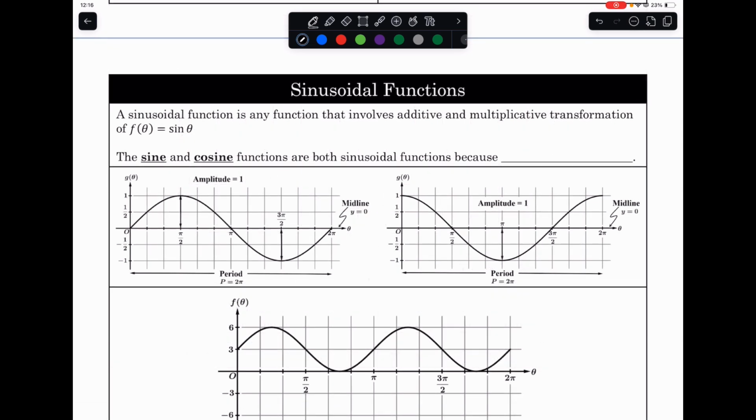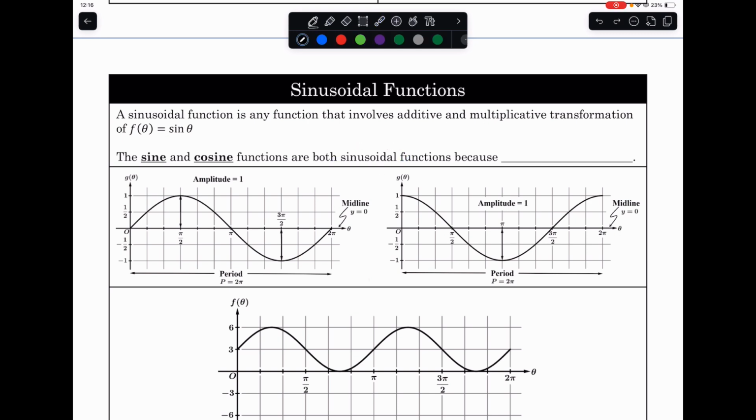Let's now discuss the term sinusoidal function. A sinusoidal function is a function that involves additive and multiplicative transformations of the function sine of theta. So if I do any type of horizontal transformation or any vertical transformation, that is referred to as a sinusoidal function. Now, both sine and cosine are considered to be sinusoidal functions. Even though by name this is cosine, if I transform the cosine, it is also referred to as a sinusoidal function,